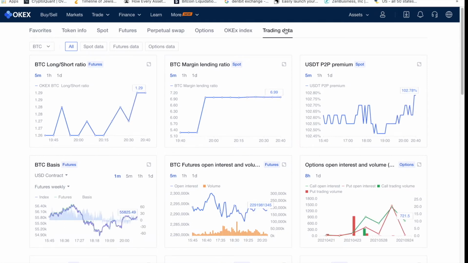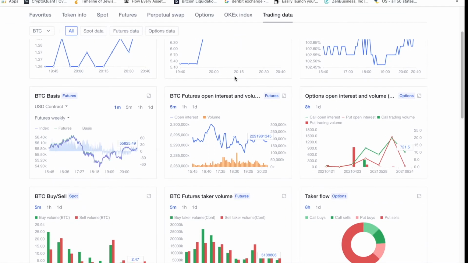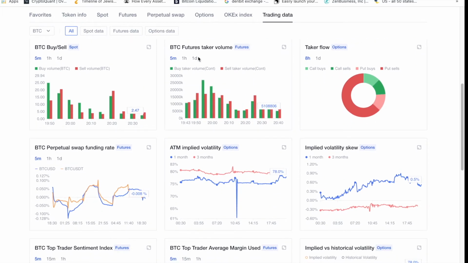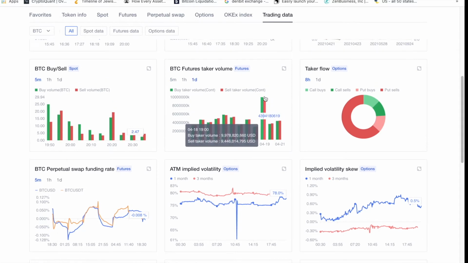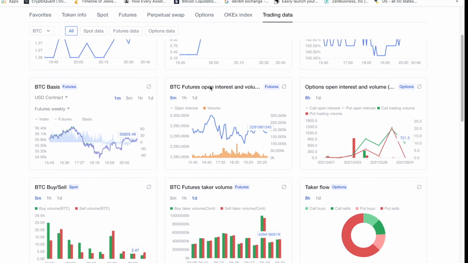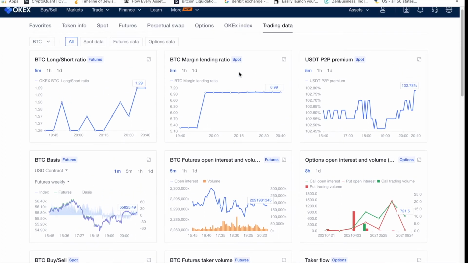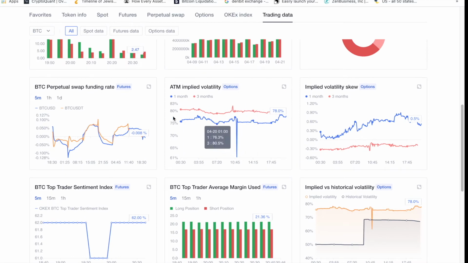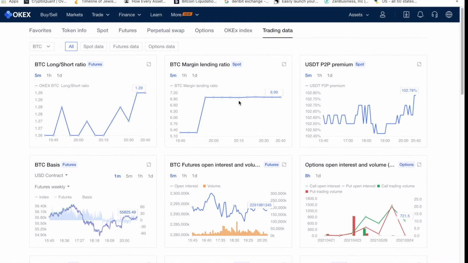Now one of the coolest things that you are able to get from this exchange is a lot of data. So if you're one of those guys that like to look at a lot of data and understand what's happening in a specific exchange, then you have this information. You can look at the BTC futures taker volume and taker flow, and you have a very nice interface that can compete with other platforms like CryptoQuant or Skew.com. This is quite interesting for people that are heavily trading and want to know what's happening on a specific exchange, if there are more buyers or more sellers.